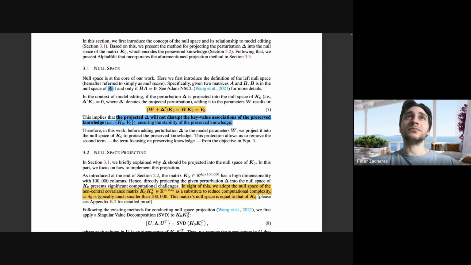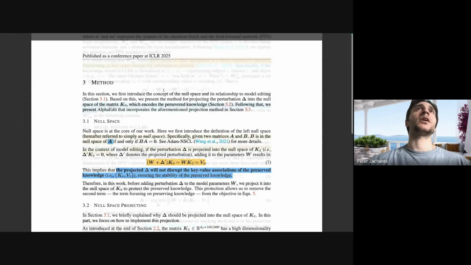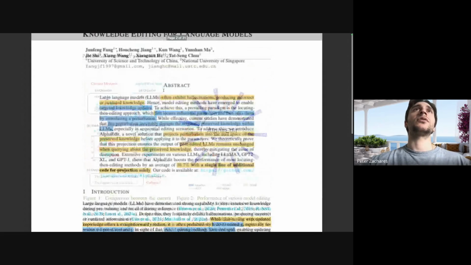So anyway, this is the key concept behind the paper, and we'll go into later why it's the key concept. It's this idea that there's a null space of a matrix, which is a part of a matrix that gets projected to 0. Any vectors that are part of its null space, when you multiply them by the matrix, get projected to a 0 vector. Okay. Now let's start going through the paper.